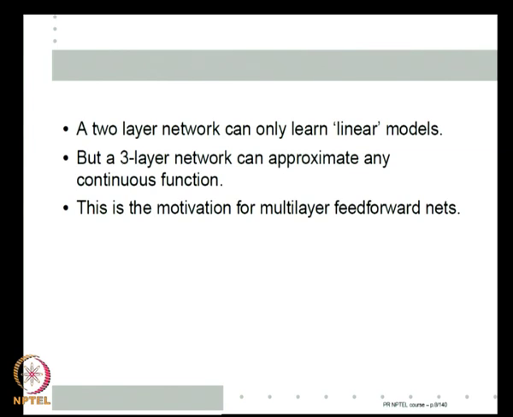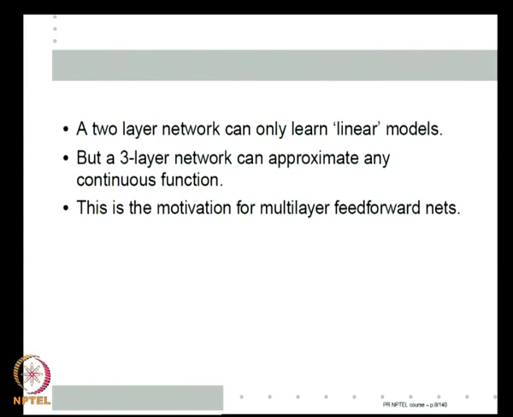Now, essentially, as we saw, by putting in a hidden layer, the input is first transformed into the output of the hidden layer, and then these outputs are what go to the output node. So, if we look at the output layer and the layer just before the output layer, those two together will be a two layer network. That is essentially a linear model, but the inputs to that linear model are not the original inputs, but the outputs of the layer just before the output layer.